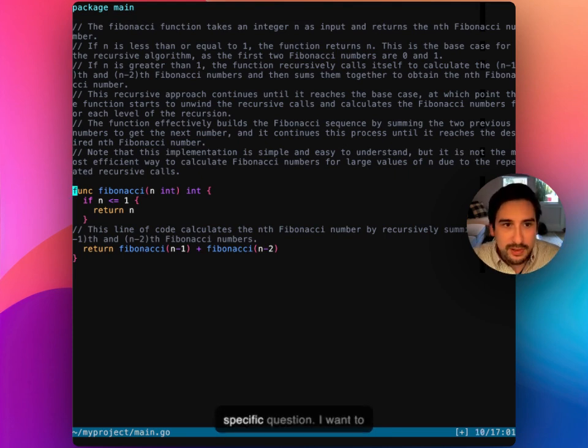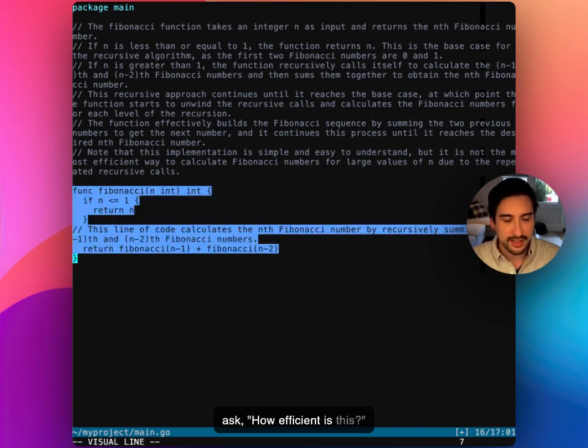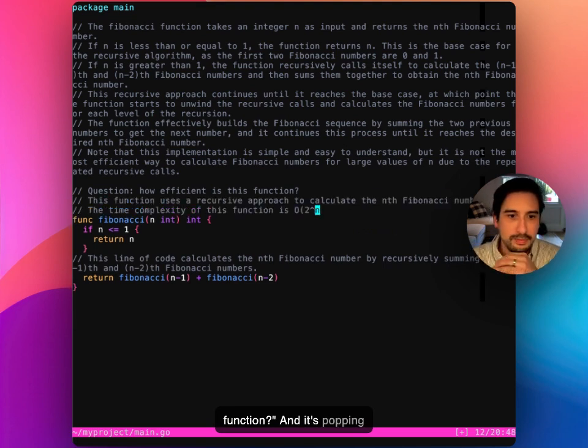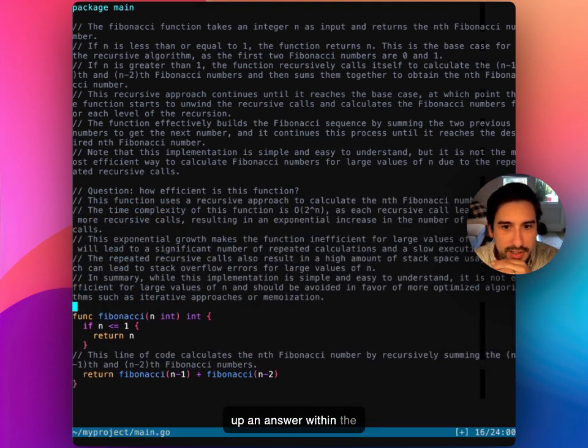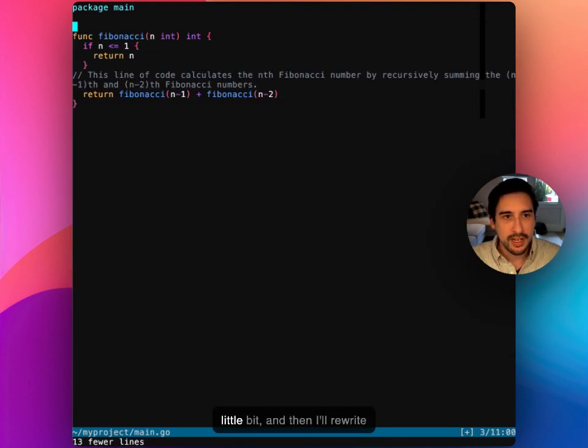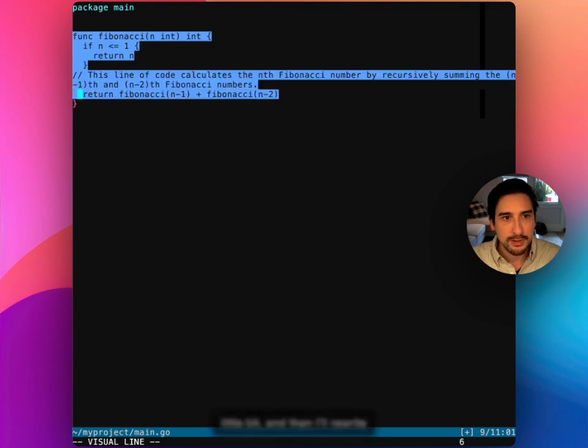But I have a more specific question. I want to ask how efficient is this? And so for that I'm going to use the question command. So you'll see I'm asking how efficient is this function? It's popping up an answer within the buffer. And yep, it's explaining that it's not very efficient. So that's useful. Okay, let me clean this up a little bit, and then I'll rewrite this to be more